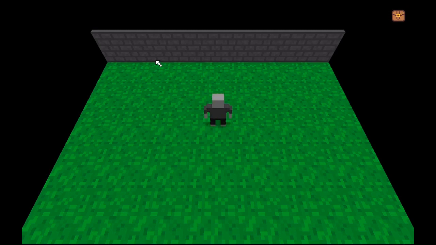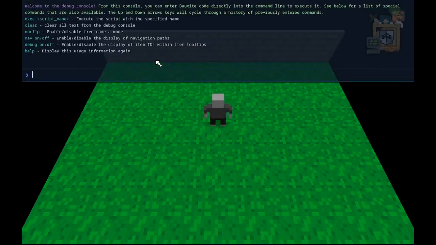So I'm going to cover two things in this video. First of all, I'm going to explain how the function works, and then we'll go over two examples of how to use the function, just so you can get an idea of the ways in which it can be used inside your projects. So to quickly demonstrate this, I'm going to use the in-game console just to demonstrate how request